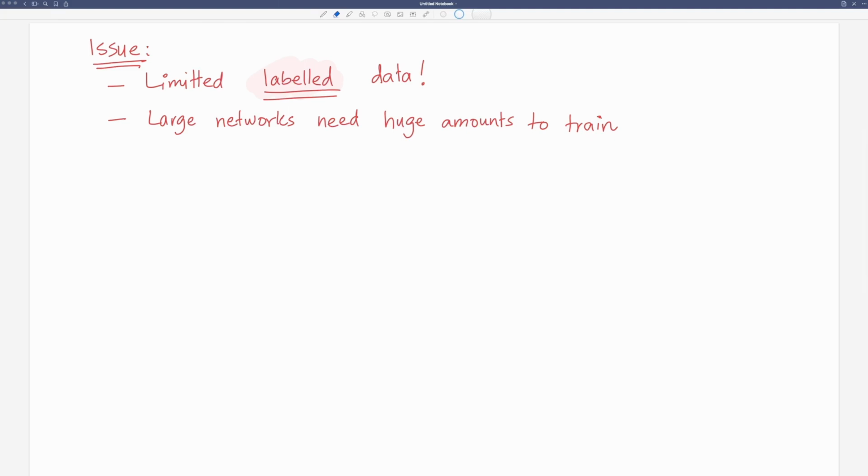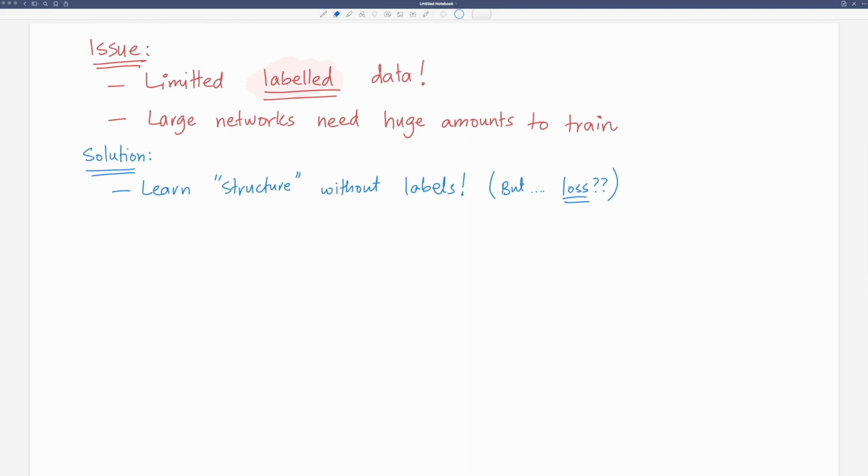You don't know what the images are of, but you have a large collection of them. As you can imagine, getting unlabeled data is fairly straightforward. And what we're going to do is come up with a way to learn the internal structure of the data without labels. But the problem is neural networks require a loss to operate, gradient descent and all that. You've seen all of that. Where is the loss going to come from if you don't have labels?